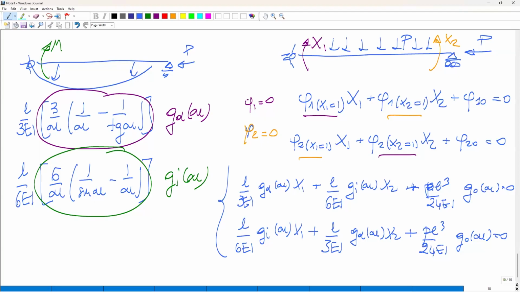One way is that you find x1 and x2, and you will find the bending moment, and then you can draw the bending moment diagram and so on, considering